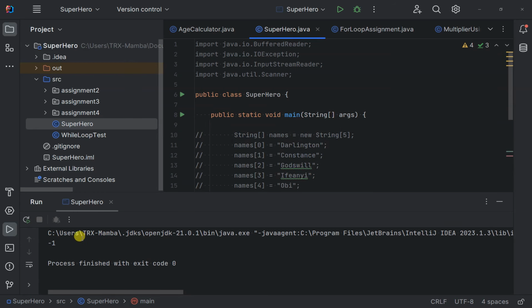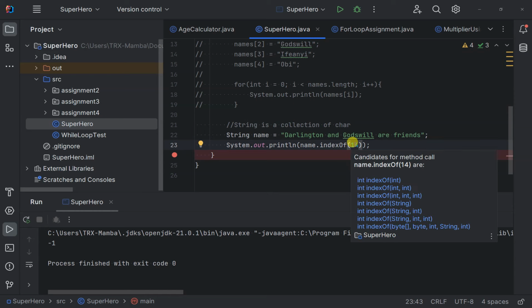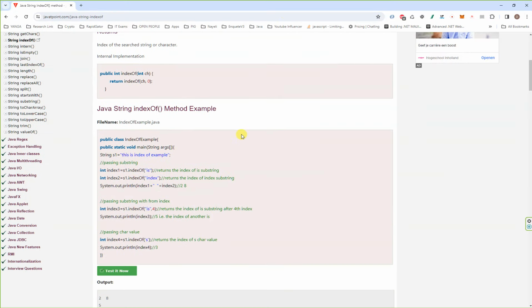So of course we have 14. Oh yeah. There's also something else I did not add to that index position, which is where I wanted to start counting from. So let's take a look at Google again. I think I missed that in a hurry. So when you use index of